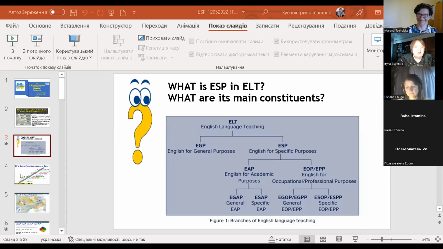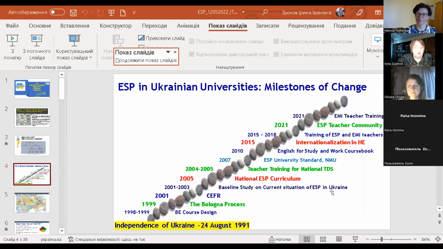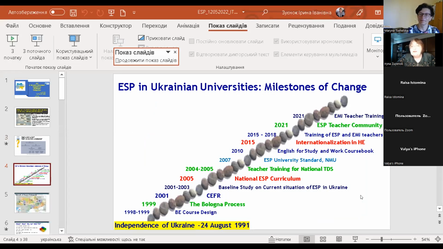So let's have a brief look at the milestones of change introduced in Ukrainian universities. As soon as Ukraine gained its independence, we underwent the training, which was organized by the British Council Ukraine in Business English course design, and which was